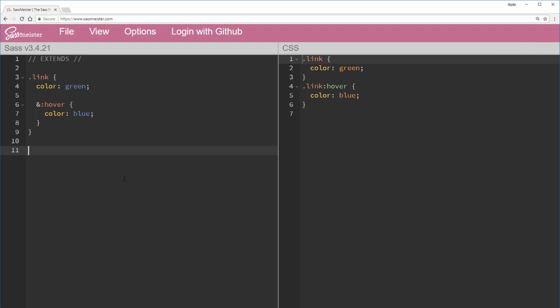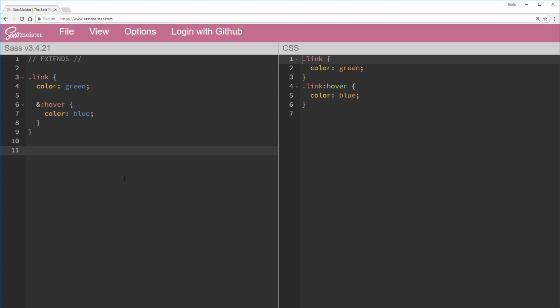So one of the problems with extends is that they don't really work with media queries. Now there's ways of getting them to work. There's a trick to do it, but it's a little convoluted and not really worth you bothering with, because there's better alternatives that we can use instead. If you really want to know, hit me up on the Slack channel and we'll talk about it. But what we can do